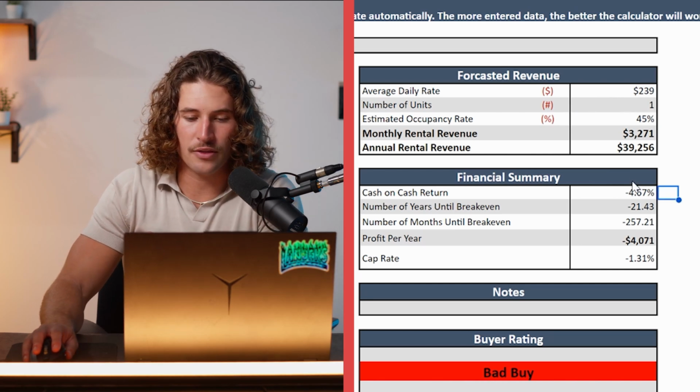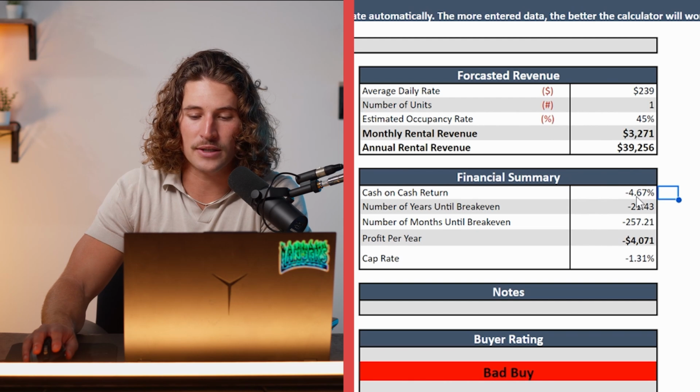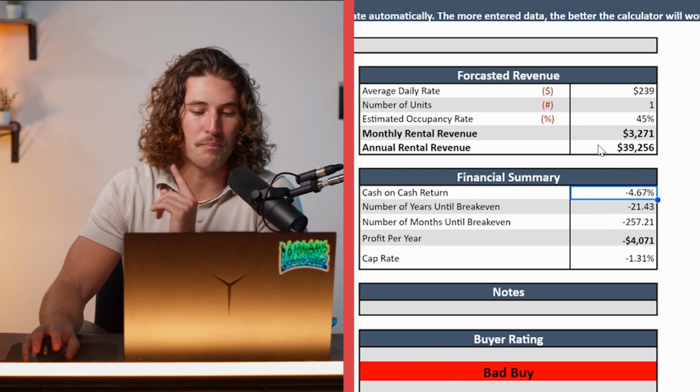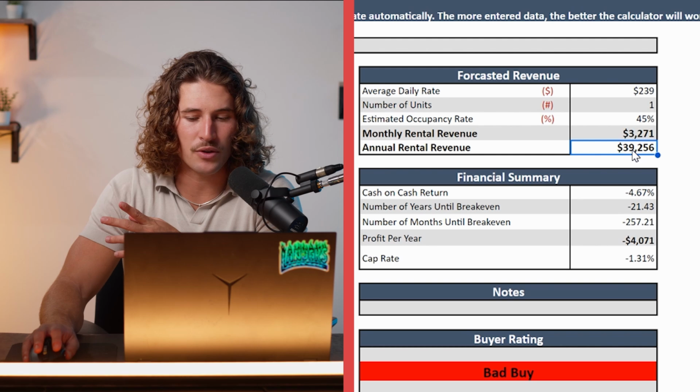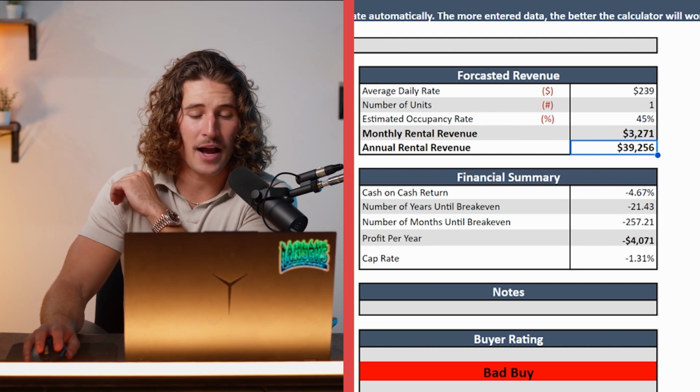Folks, we find out that this is a negative 4.67% cash on cash return, but the big number that you're here for is how much money will this place make every single month? Zero. In fact, it would make negative